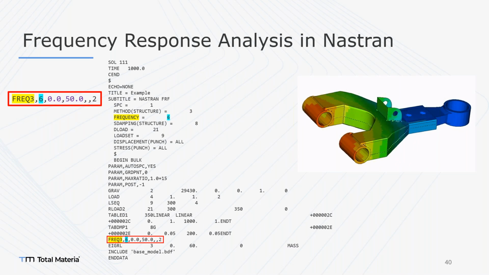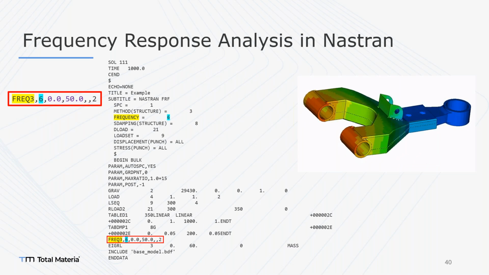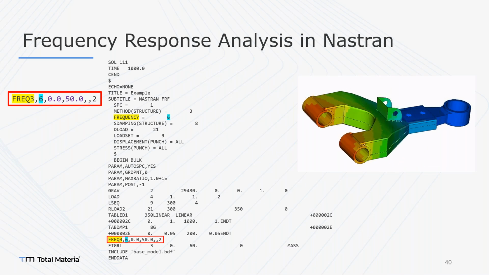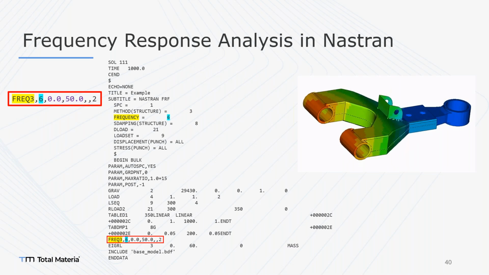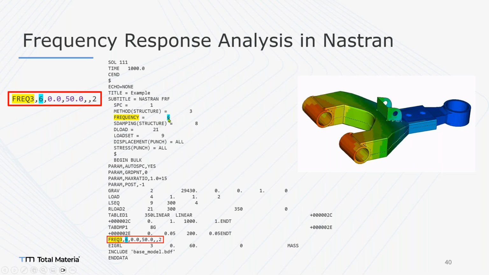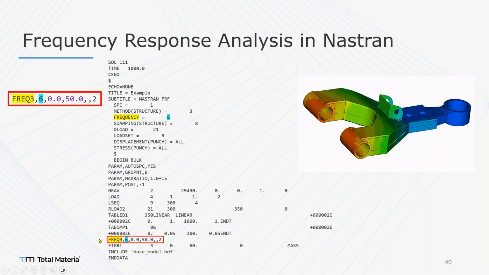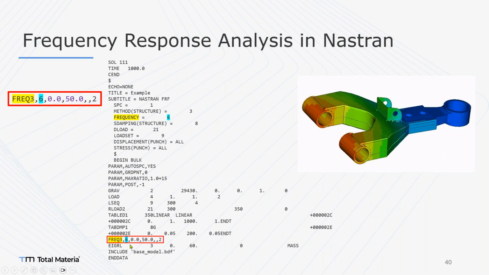I want to add the frequency response analysis in Nastran. There is another solver card in Nastran, Sol 103, that extracts only your natural frequencies. But I would like to say that there is a card in the frequency level in here. So if you go for the Nastran FRF, frequency response function extraction, in the frequency level, you can see just the FREQ card with the ID number 6, and you will see that there are frequency values